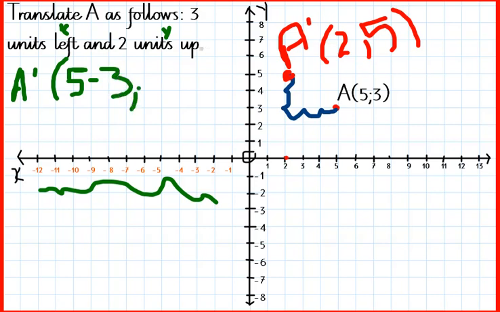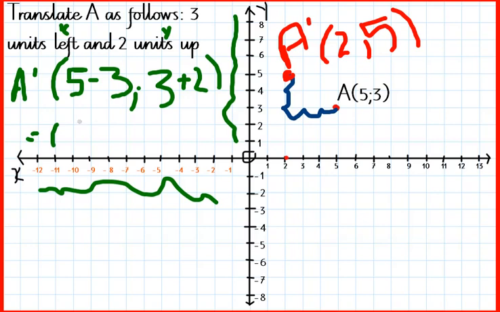And for our Y, we had 3, and we moved 2 units up. 2 units up meaning on our Y-axis, we move up using our Y-axis, and that's where our positive is. So we add, and we add 2. So our translated A will be